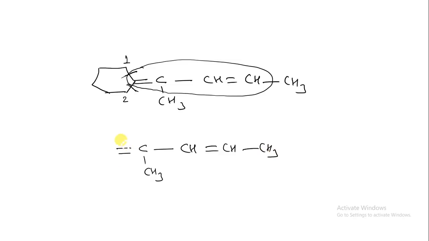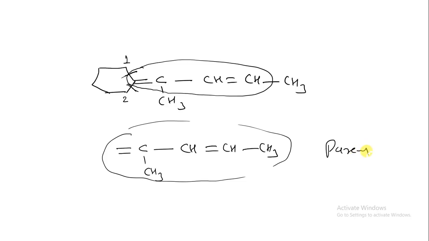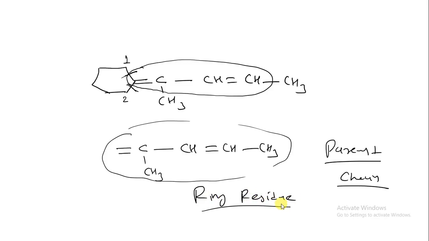In this you just have to see how many carbon atoms are present on the parent chain; that should be considered as the ring residue. In the next example, or a further example, we will see how many ring residues are present in a particular type of structure. In a simple way you can remember this: first of all, it should have a ring. Second, whatever carbon atoms are present on the parent chain on the ring, that should be considered as the ring residue.